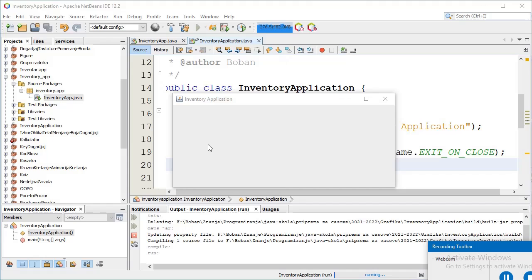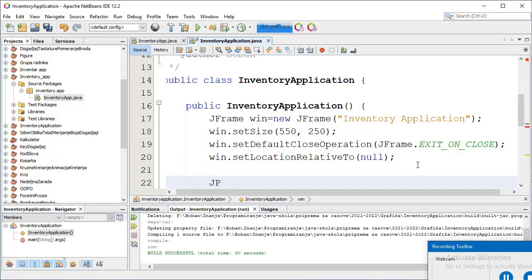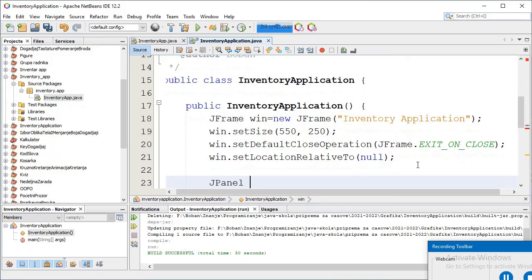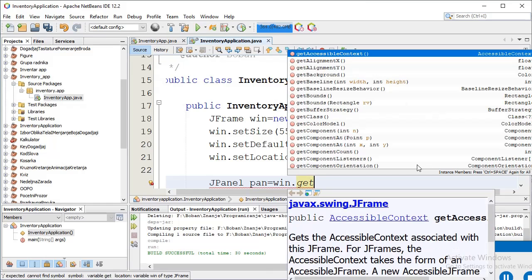The next object is the content pane. I get a reference for the default content pane object nested into the win object. To do this I add some code, a JPanel object. To retrieve that object from the win object, I start with the reference to win and call the method getContentPane.